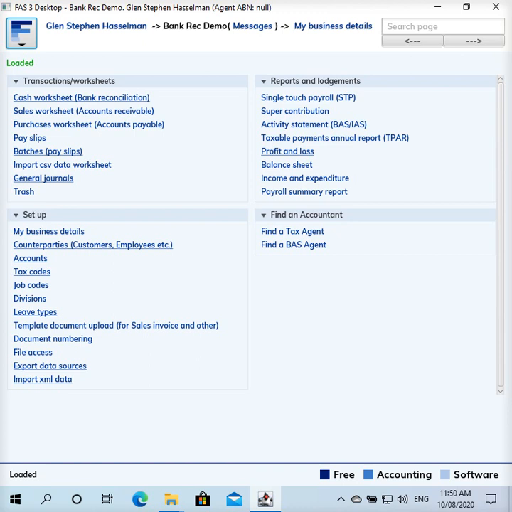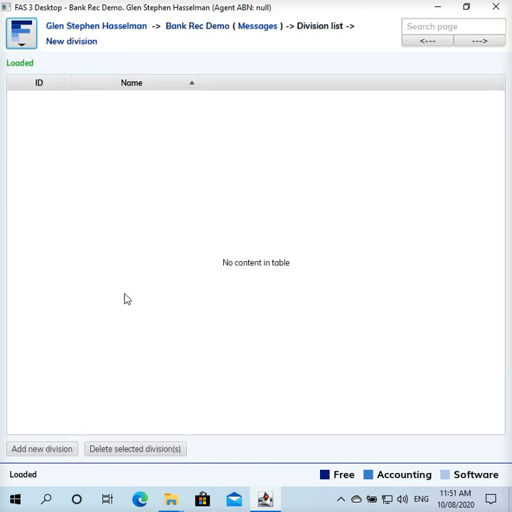If your second bank account is something like for investment purposes, or it's a trust account, that kind of thing, then this technique might not be the best, although it works. But anyway, so divisions are set up under this setup option, there is a link to divisions, so click that